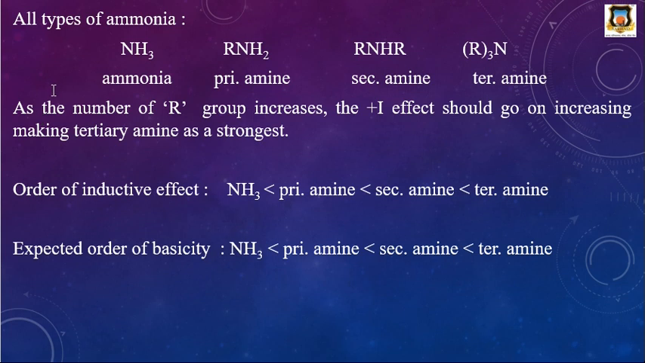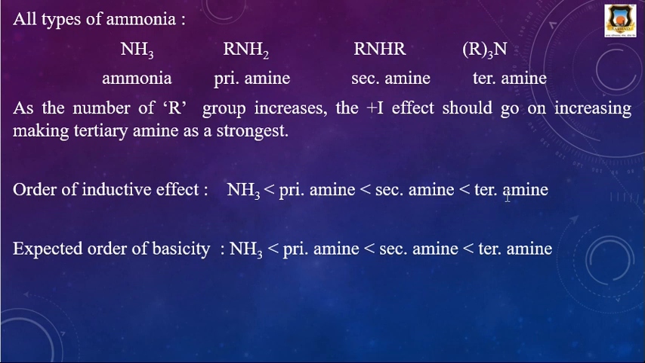Then next, all types of ammonia derivatives. This is ammonia, then primary amine, secondary amine, tertiary amine. As the number of R groups increases, the plus I effect should go on increasing, making the tertiary amine a stronger base than the primary and secondary amine or than ammonia. Therefore, the order of